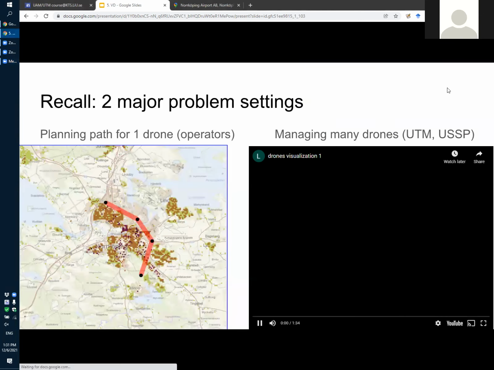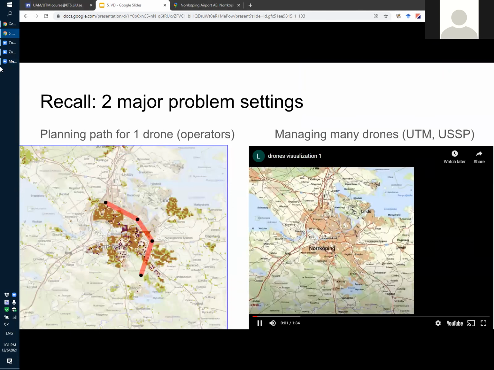And just to connect it to something that we talked about earlier, as you may recall, also in air traffic management in general, but in particular in drone traffic management, there are two different problem settings. Of course, they're connected. You plan routes for many drones, or plan a route for one drone. But still, there is a set of problems when you're focusing on planning a route for a single drone, or just planning a single route. And there you have all these questions about risk and other things that we look at,